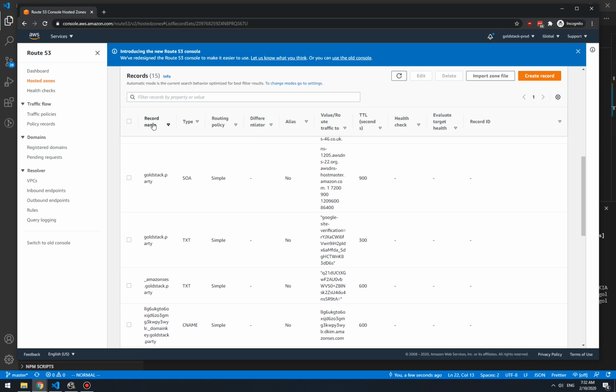So now what we need to do here, we need to look for the correct record name, which in our case is just the domain name, and then look for the TXT record type. And what we can see here, there is a TXT record defined for Google site verification, which G Suite required to be set here. Now, what we can do is just copy this value,